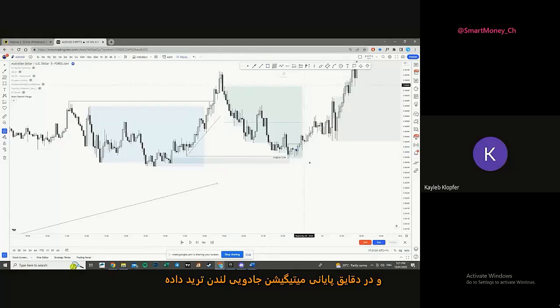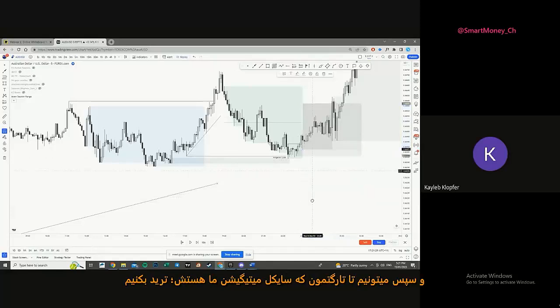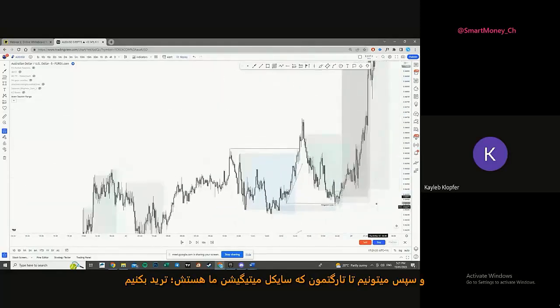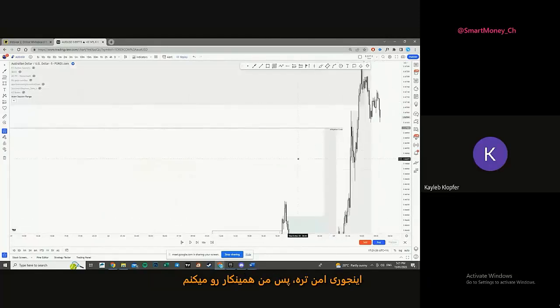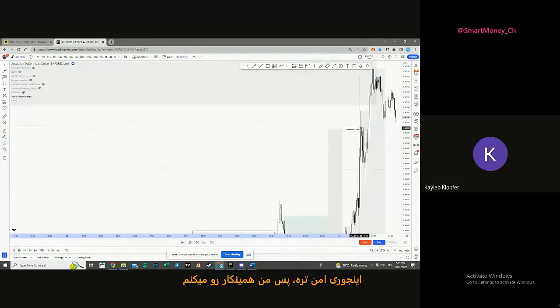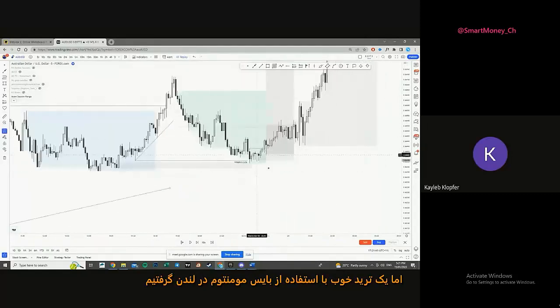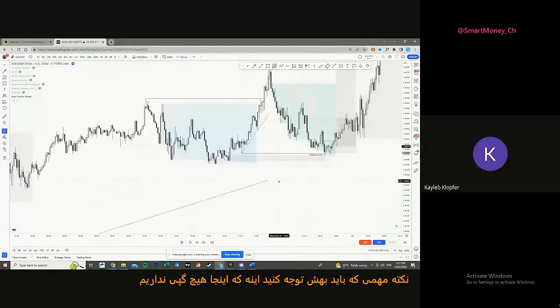Trade at the very end of London's second magic minute mitigations, and then we can trade to our target, which can be our mitigation cycle here. This is a safer one to do, so I'd definitely just do that. But cool, we have our London trade using our momentum bias, okay?